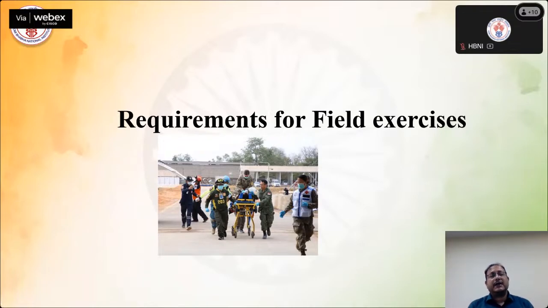What happens if we are not exercising for emergency situations on a regular basis? We cannot assess our capacity or capability to fight immediate incident scenarios. So the requirements of field exercise are much needed, and we have to focus on those parameters which can help the responders or disaster professionals to mitigate the effects of industrial accidents or chemical-related industrial accidents.